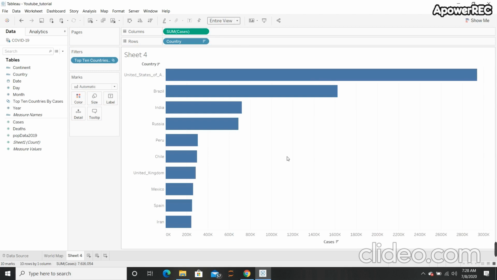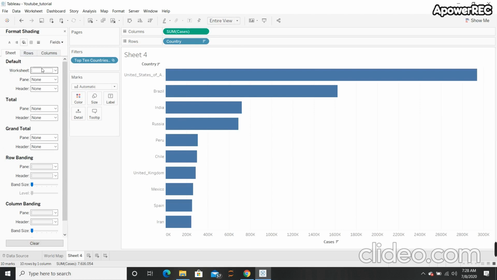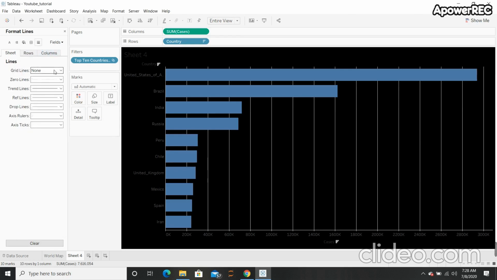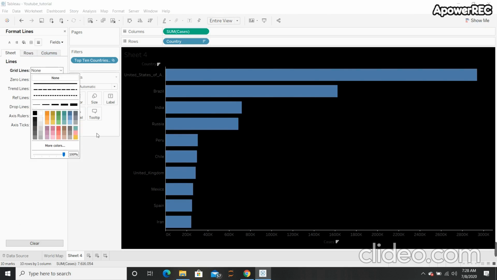To do it, simply come here to this layout, right click, then click format, click this, change it to black. But now there are some vertical grid lines appearing. To get rid of them, click this hamburger icon and click here, grid lines none.